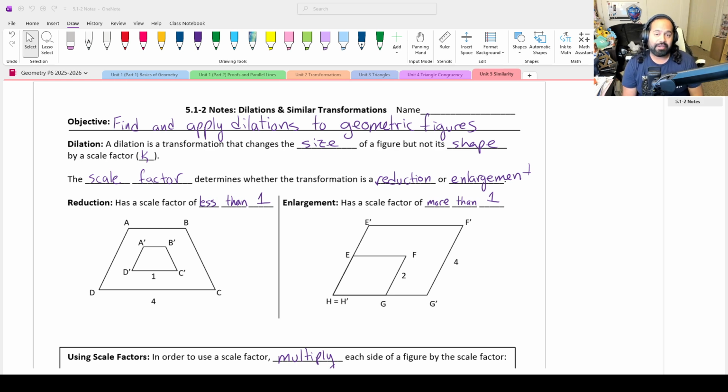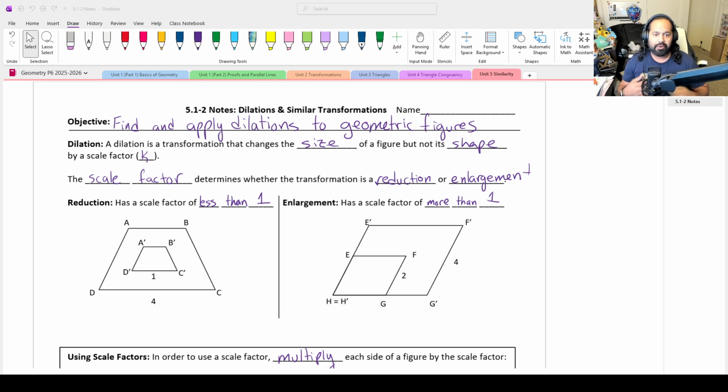The first thing you need to know is what is a dilation? And we say that a dilation is a transformation that changes the size of a figure, but not the shape. And we use that with a scale factor. Scale factors are represented by a lowercase k. And the scale factor will actually tell you whether a transformation, specifically for our dilations, is going to be a